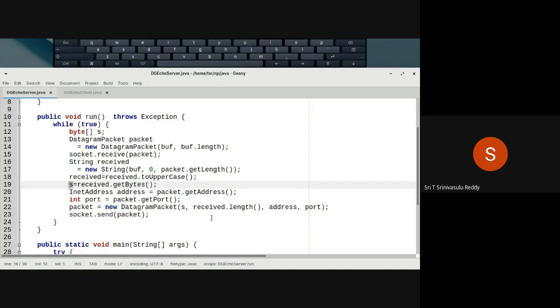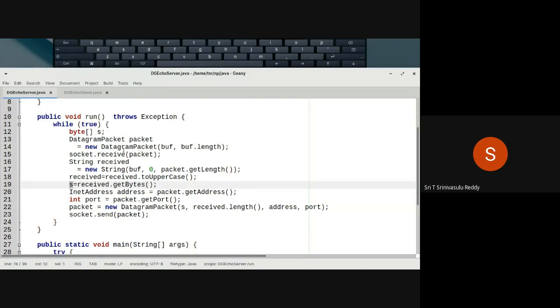So after creating the datagram packet, what do you do? Send the packet. How do you send it? By using the socket. You say socket.send of the packet. It's a simple mechanism actually, except that somebody else has developed all these classes and methods.